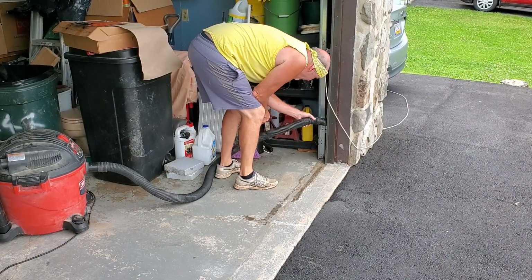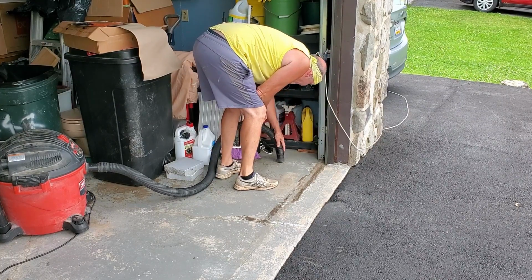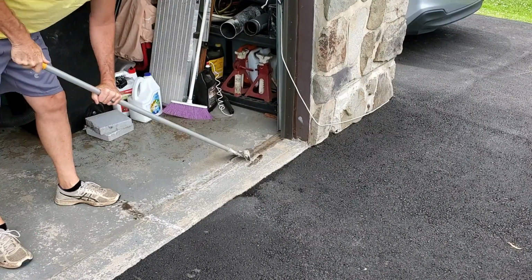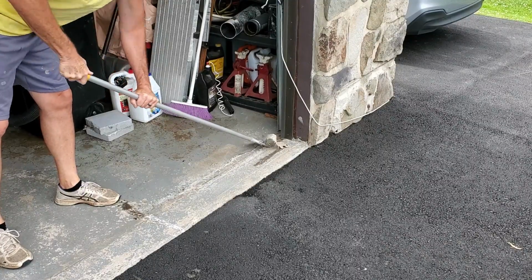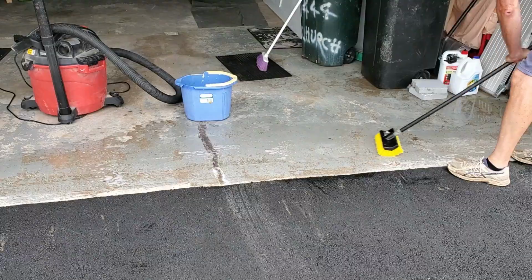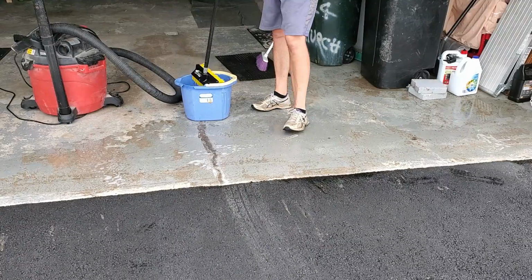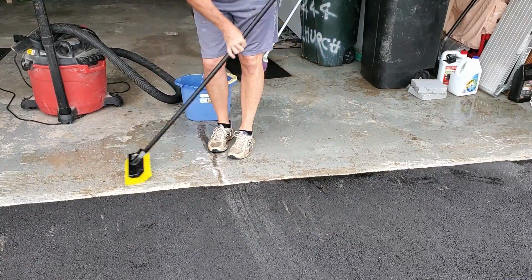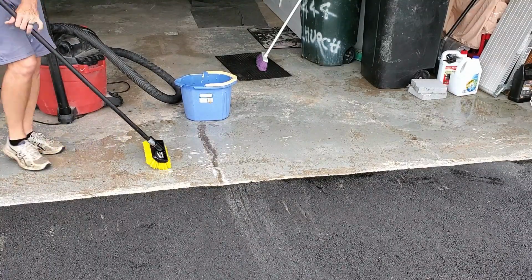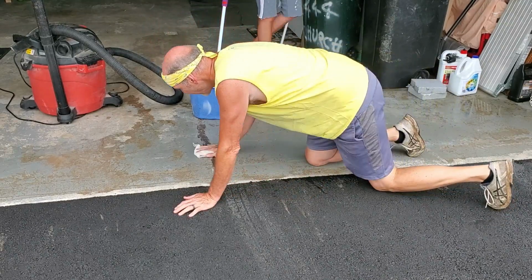This is really not a difficult project to do, but it does require some steps. Now, the first thing I had to do was clean up the caulk and my lame attempts to try to seal this previously. So I just had to scrape all that stuff up and vacuum up the junk. And then you just want to make sure your garage floor, where you're going to put the threshold, is clean. So I just clean it with some degreaser solution, get as much of the junk up as I can, and then